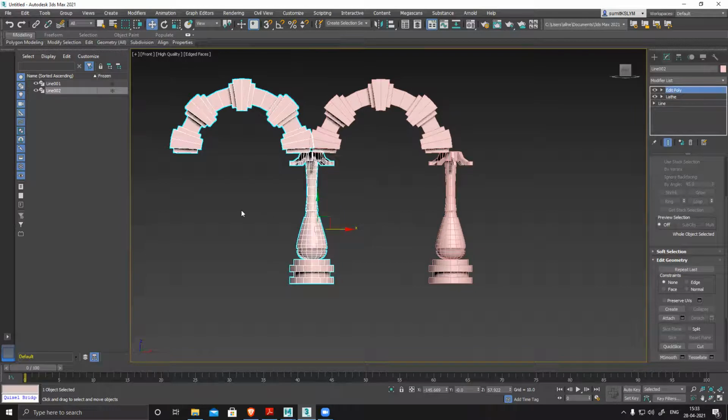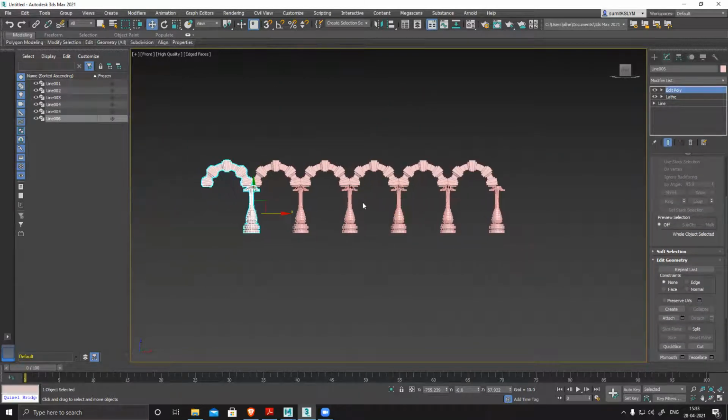I can see I have 5 of them. So this will end, and this is half empty. So when I rotate it, it will combine with this very easily. So select the first one again, attach, attach, attach, attach, attach, attach, right click. So this entire thing became one single geometry.